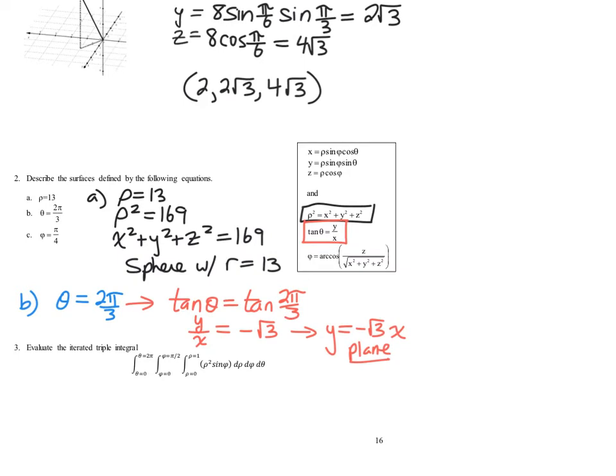All right, and then for C, that's probably the juiciest one. We have phi equal to pi over 4. We have a relationship that involves phi, so I can make that substitution, the arc cosine of all that fun stuff,